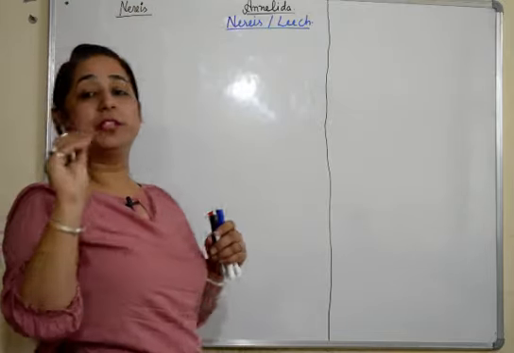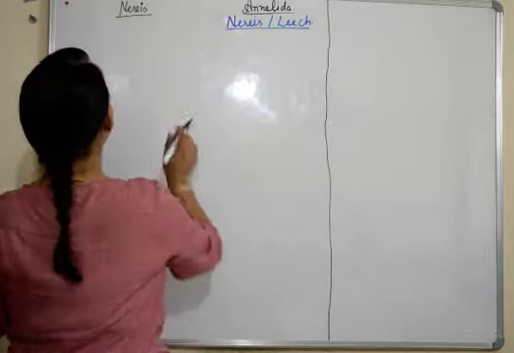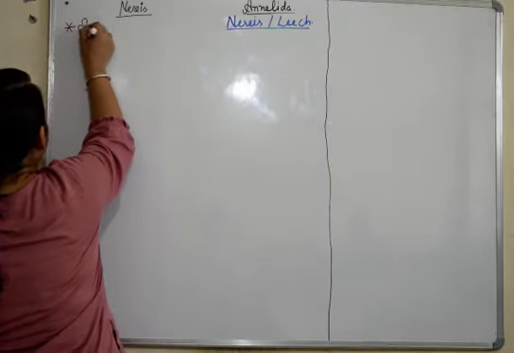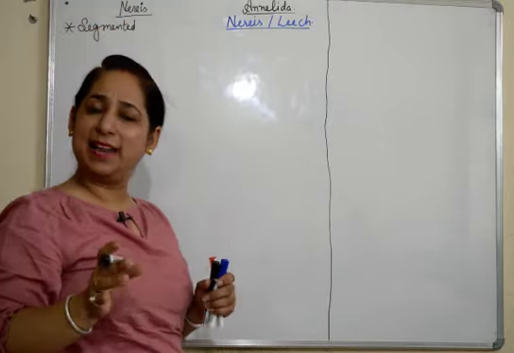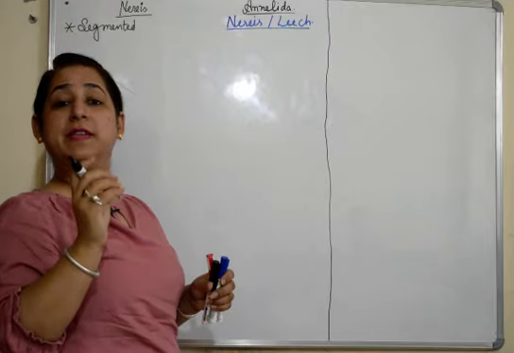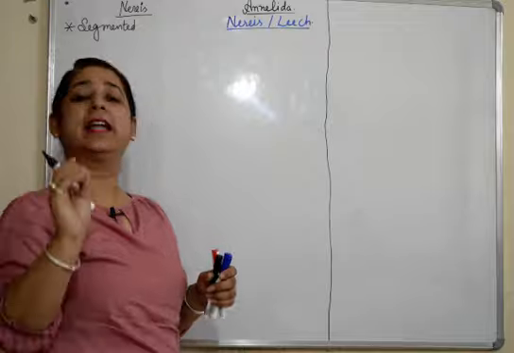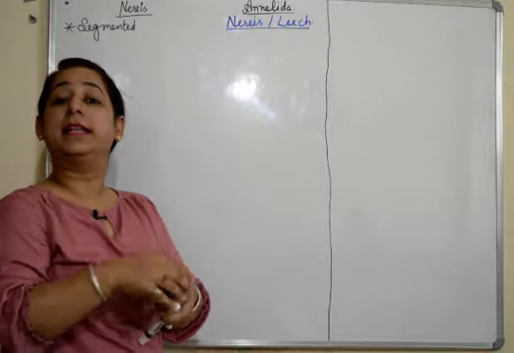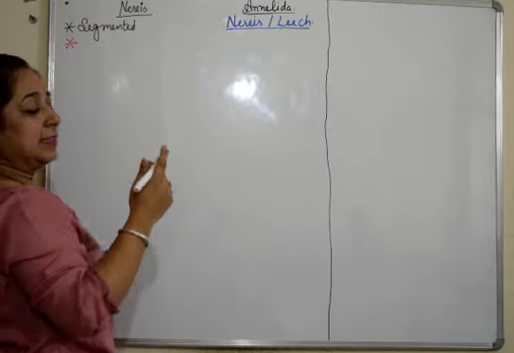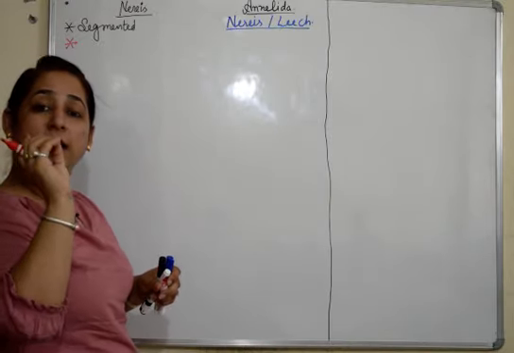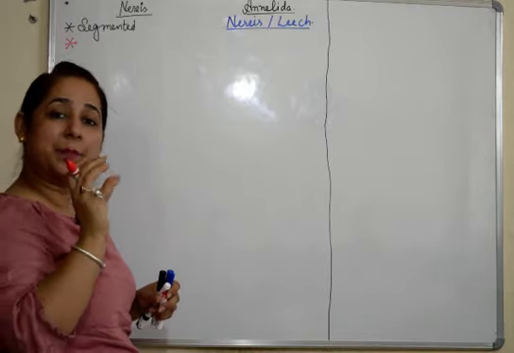Nereis, first of all, it is segmented. The most common characteristic feature of annelids, that it is segmented. Fine, it is segmented and the number of segments can vary. Now if we see the structure of Nereis, it has two significant features which have now appeared in Nereis. I'll write it with a different pen. One, that it has special locomotory and respiratory structures which are present here.